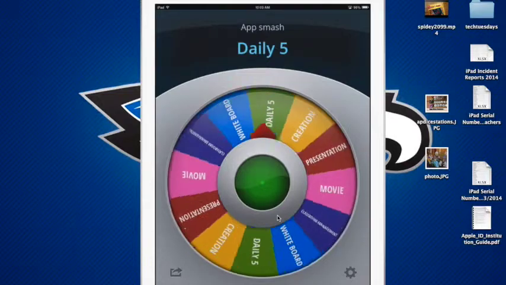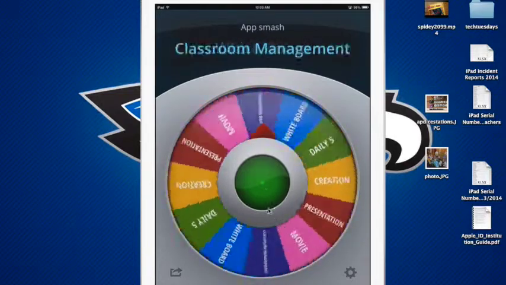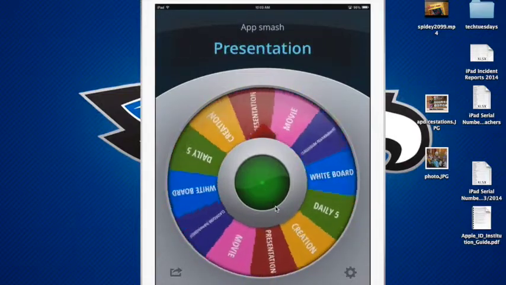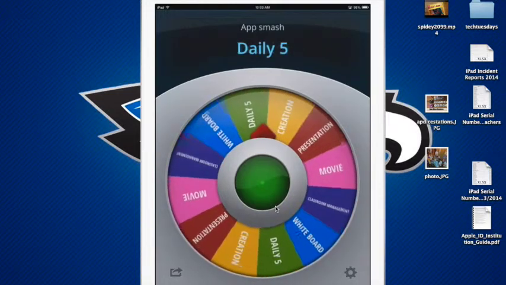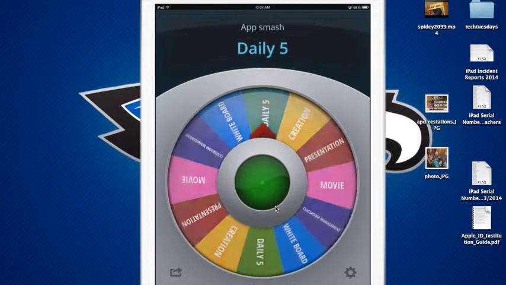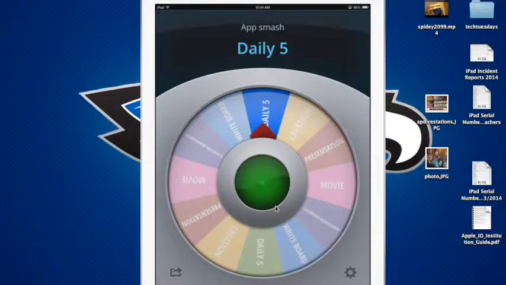And if I want to really go crazy, I can just spin the wheel with my finger instead of tapping the center, and it will do the exact same thing. Ooh, Daily 5 twice. Here we go. Now, if I want to, I can hit over to the share arrow over here, and I actually can email